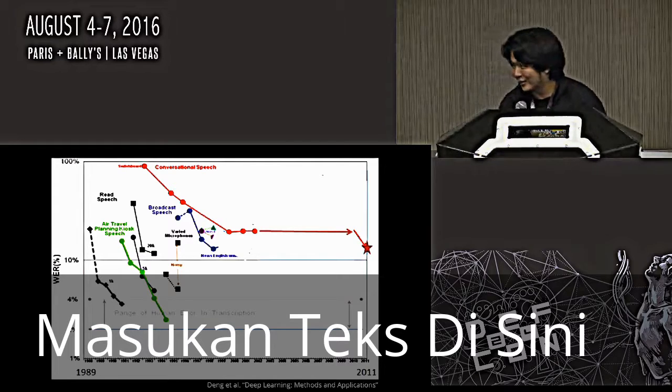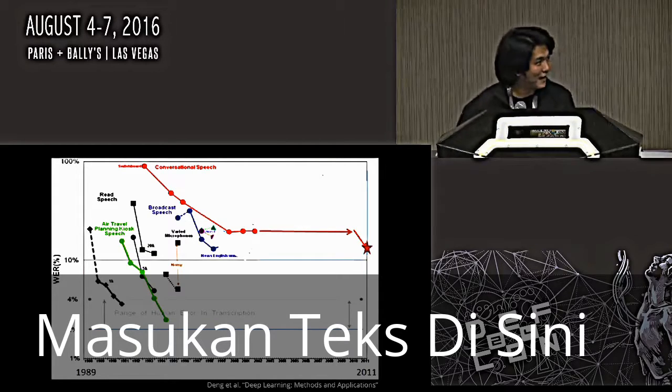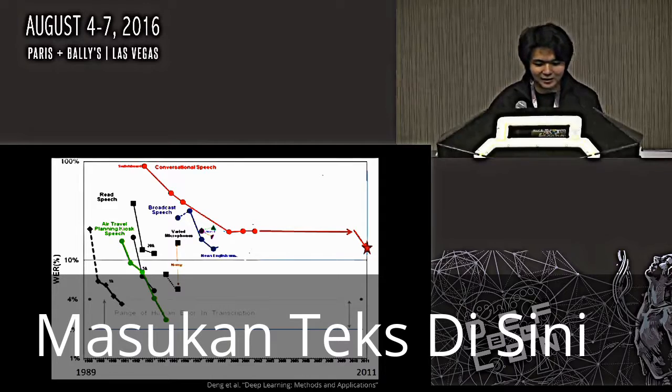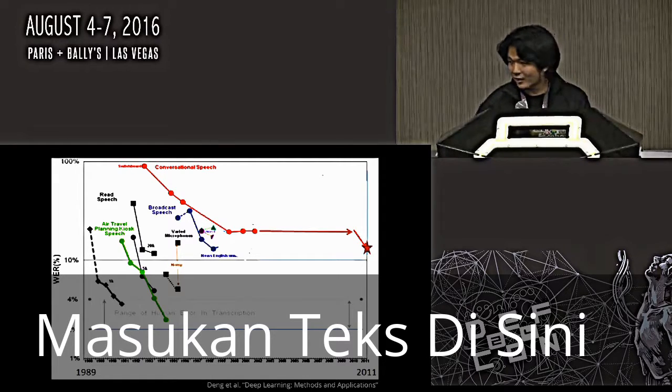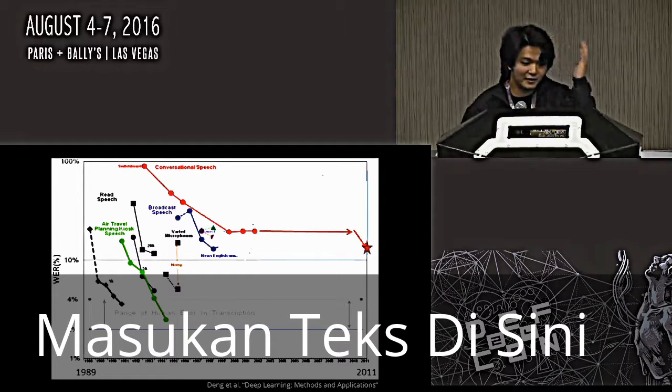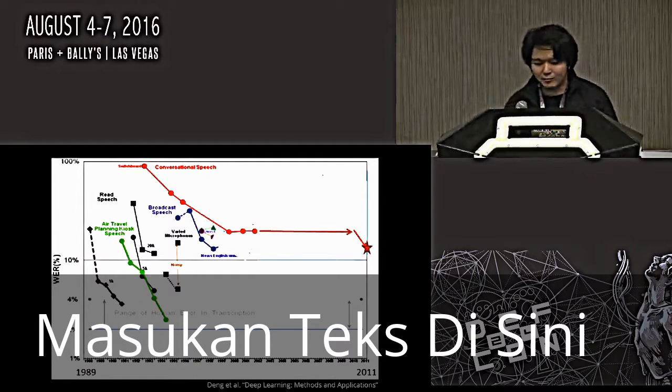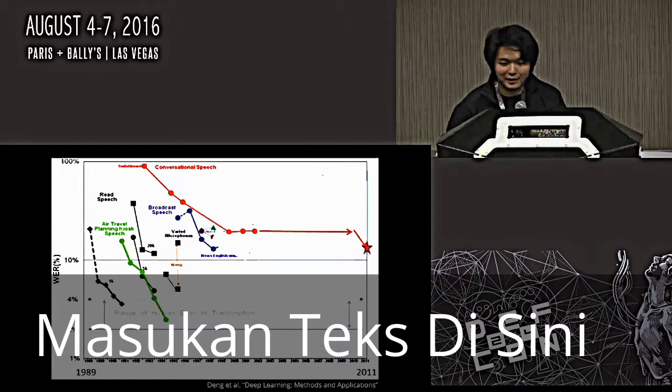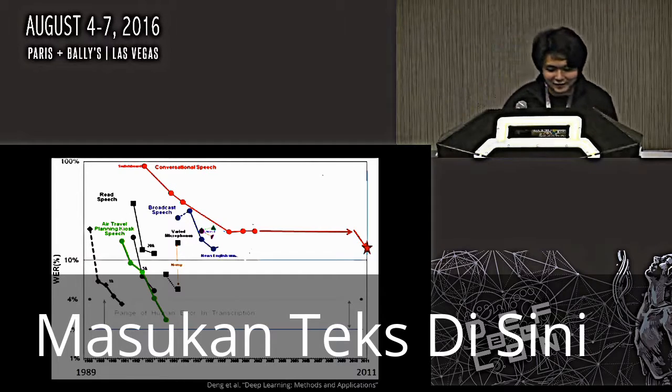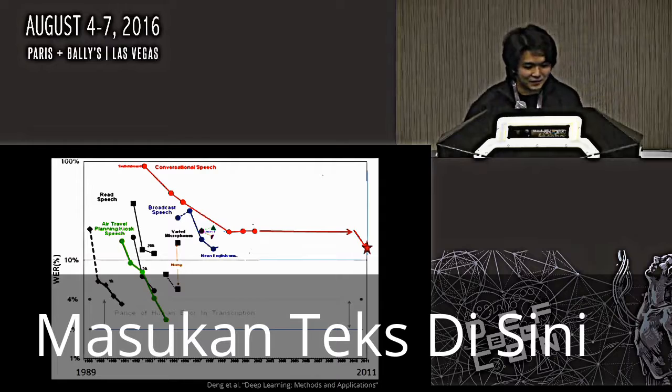So this is just a simple diagram of how deep learning has helped with speech recognition over time. The y-axis is logarithmic, by the way. The different colored lines represent different data sets. The holy grail is definitely the red line: conversational speech. A very sterile kind of speech is read speech or broadcast speech, where every word is enunciated to the nail.